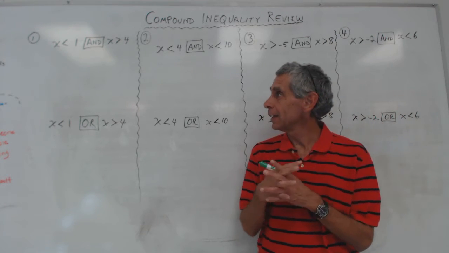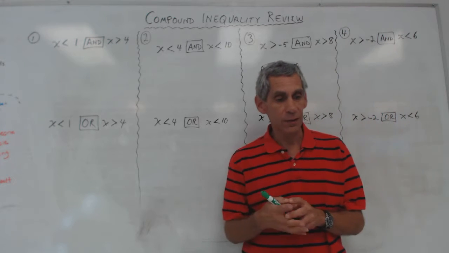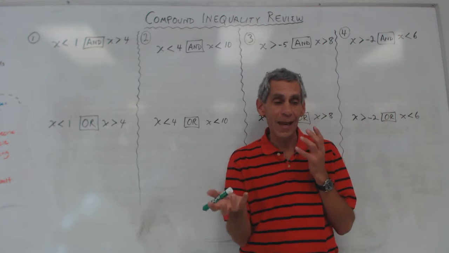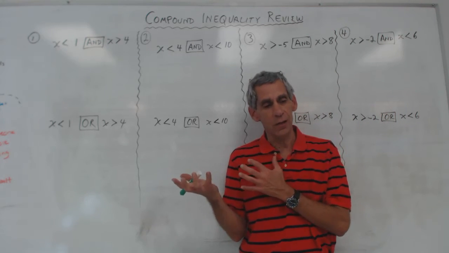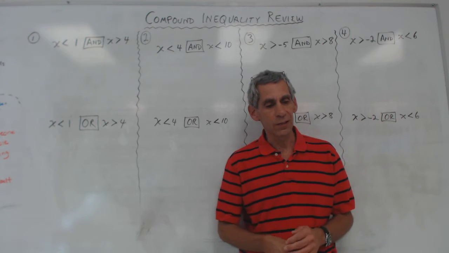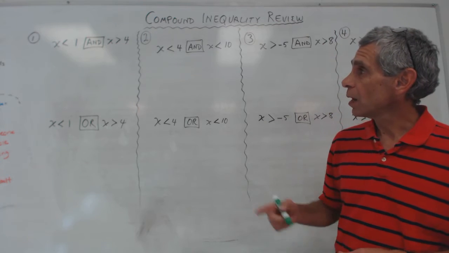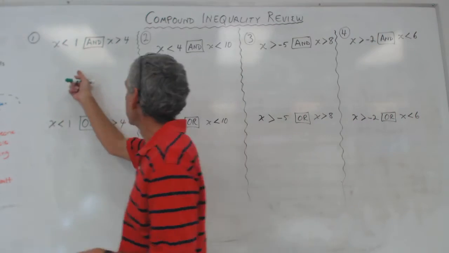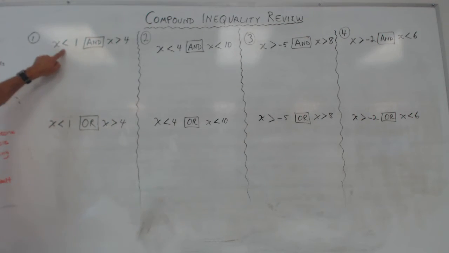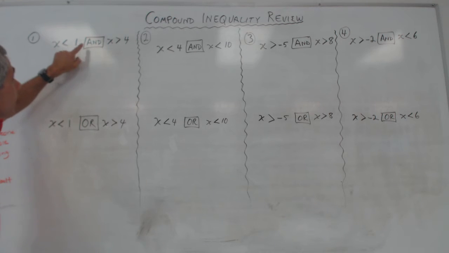And basically, there are 4 different scenarios we're talking about, "and" and "or", but in each of those categories, there are 4 basic different scenarios that you're likely to see. So the first one would be something like this, where it says x is less than 1 and x